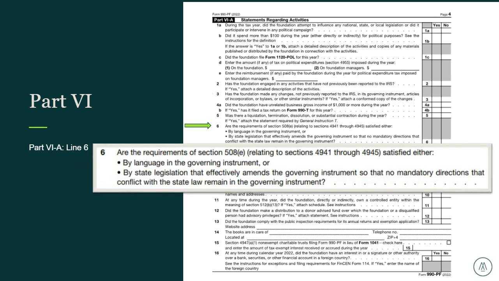Some other parts and activities, statements regarding activities: are the requirements of Section 508(e) satisfied either through language in the governing instrument or by state legislation that effectively amends the governing instrument? And of course, the IRS likes to talk in IRS code. So what does 508 really mean? Well, it's really just